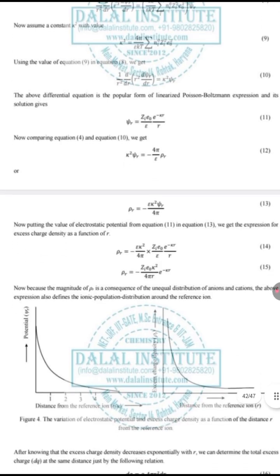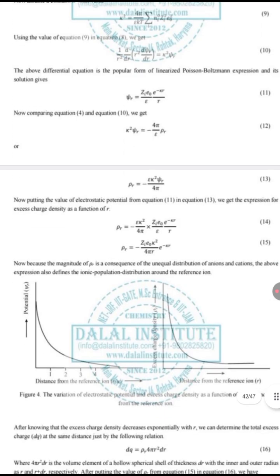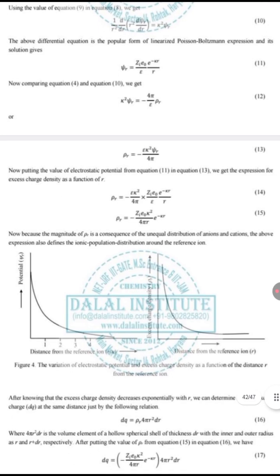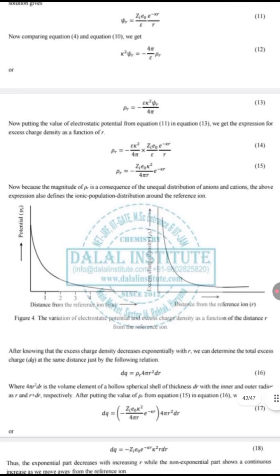Now assume a constant κ², with the value κ² equals 4π divided by εkT summation i of n_i⁰ z_i² e₀², equation 9. Using the value of equation 9 in equation 8, we get (1/r²) d/dr (r² dψ(r)/dr) equals κ² ψ(r), equation 10. The above differential equation is the popular form of the linearized Poisson-Boltzmann expression, and its solution gives